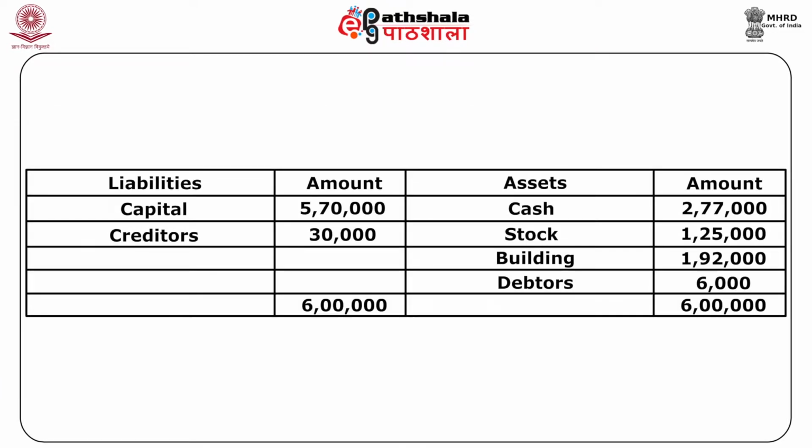Now let's come to the balance sheet, where on the liability side we have capital of rupees 5,70,000 and creditors of 30,000, which will total and sum up to rupees 6 lakh. On the asset side we have cash of rupees 2,77,000, stock of 1,25,000, building 1,92,000, debtors of 6,000, which will give